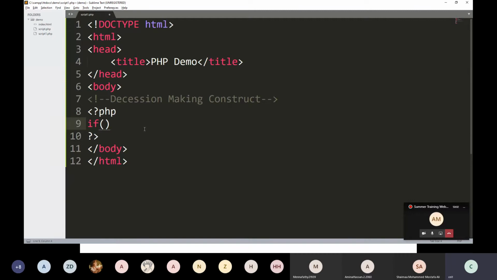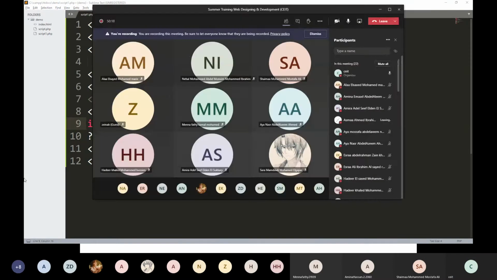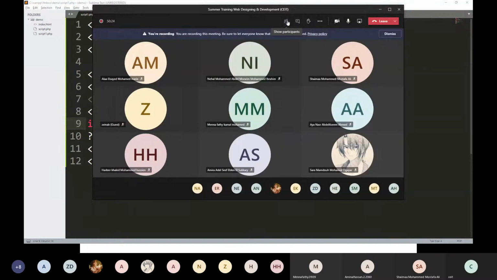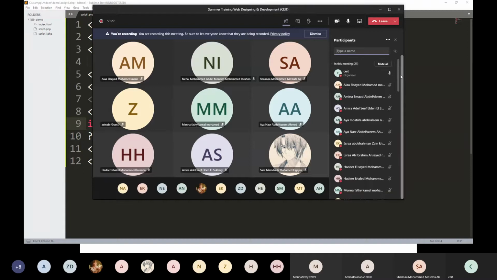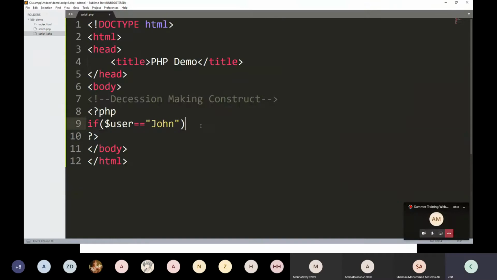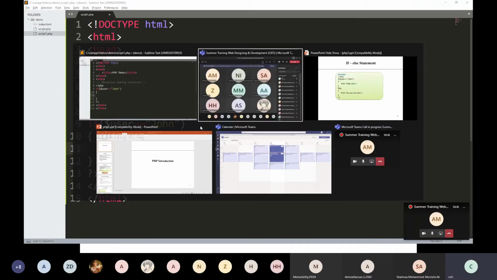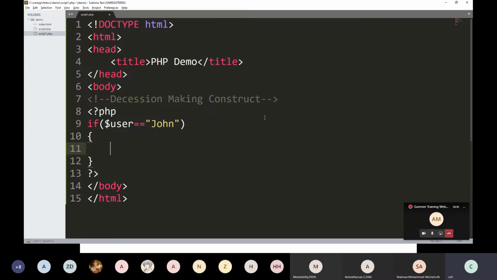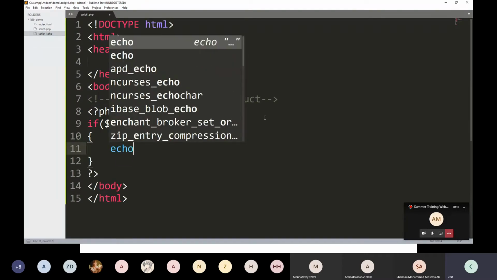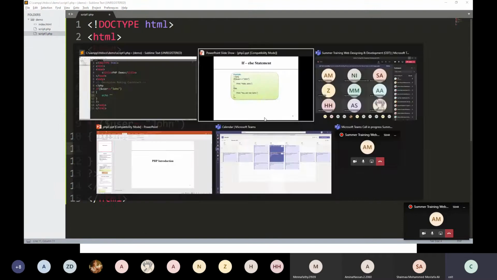Directly I'm writing if $user, which is the way to declare a variable in PHP, equals John. If the username is John, then simply, as I told you yesterday, you can use echo or you can use print.